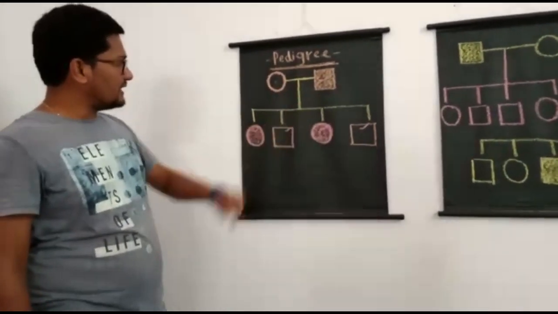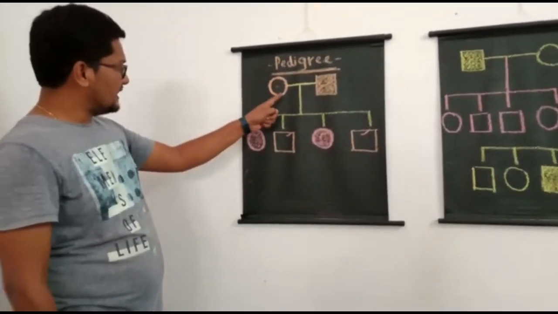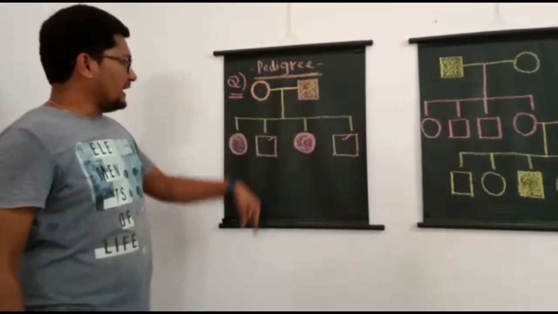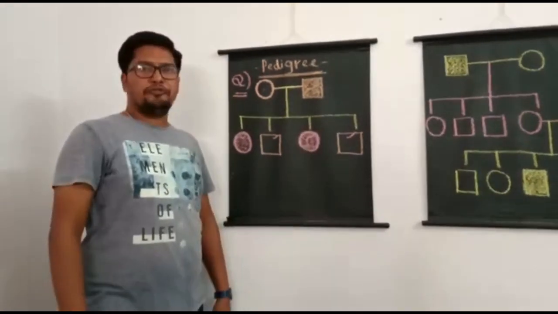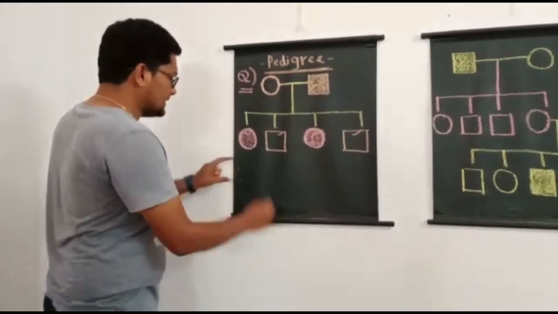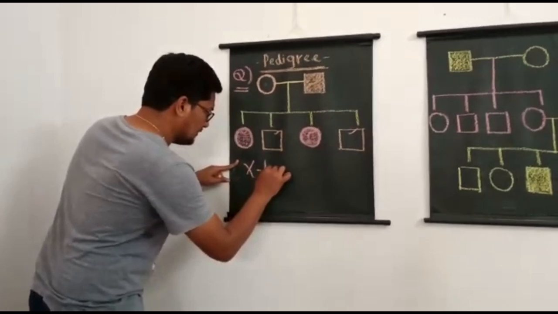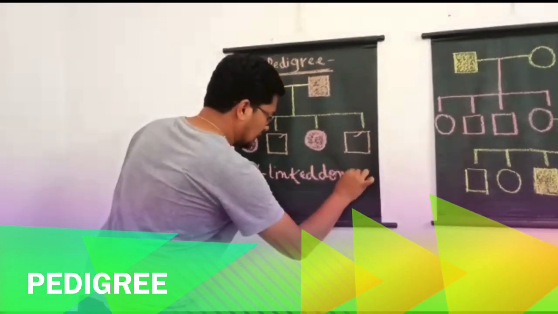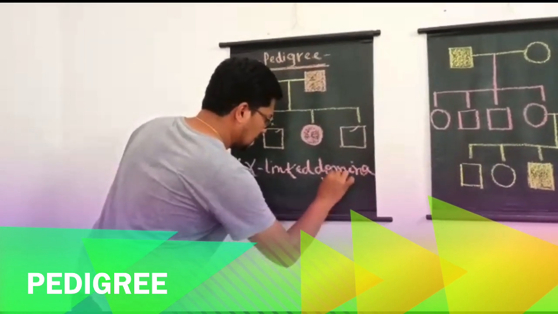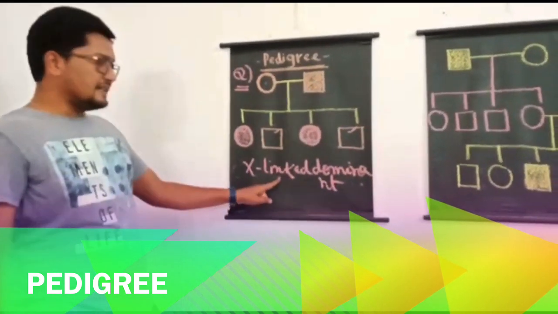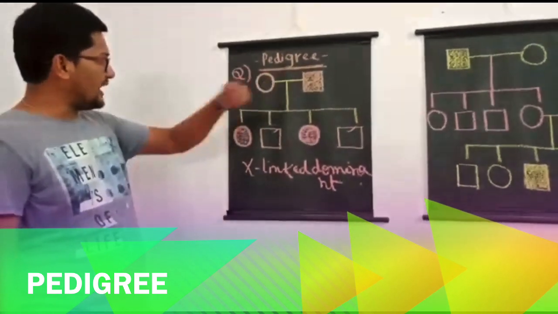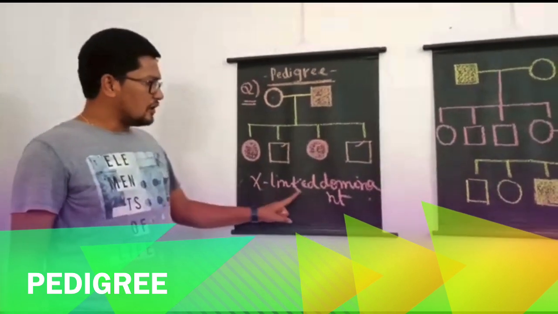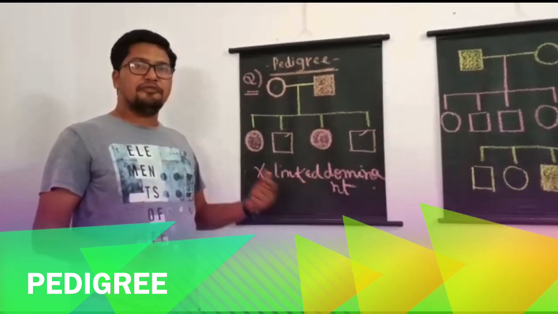So this pedigree chart is the question. This pedigree chart is given, and they will ask you, this pedigree chart explains the inheritance of which type of trait, and for this my answer is X-linked dominant. So I am telling you that this pedigree chart most possibly explains the inheritance of an X-linked dominant trait. And if you ask me why,